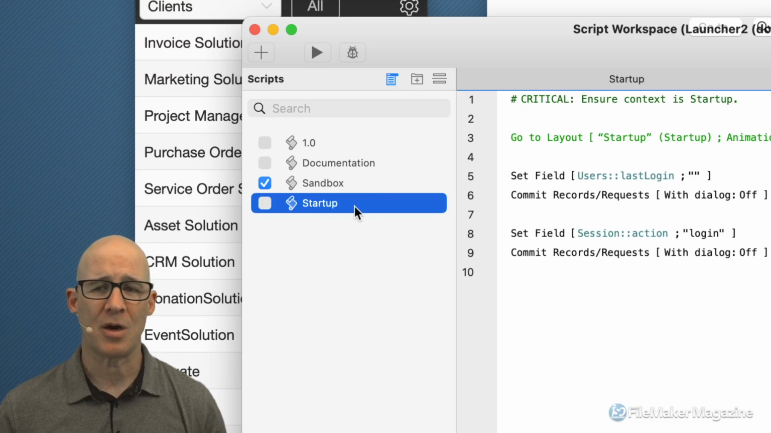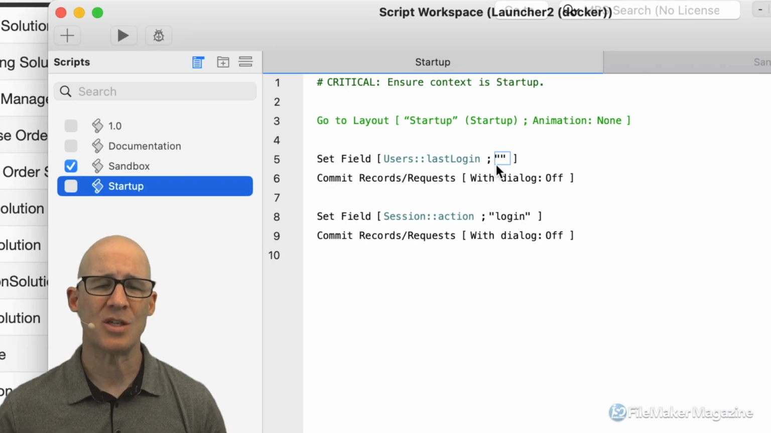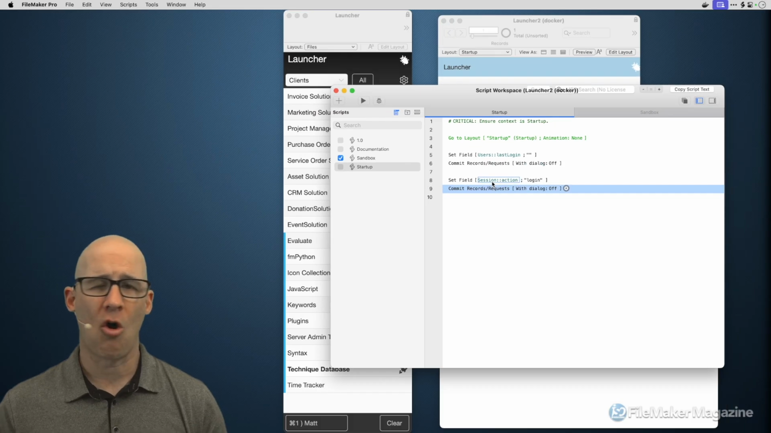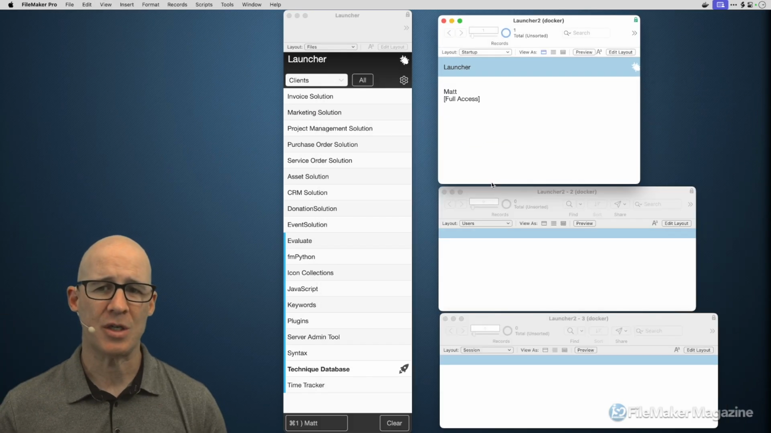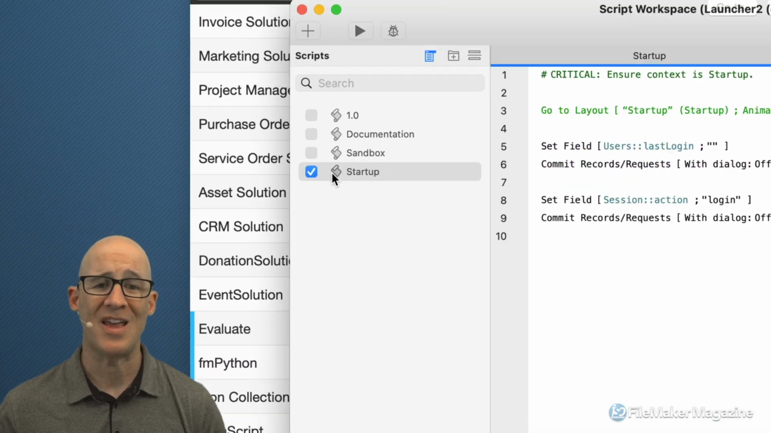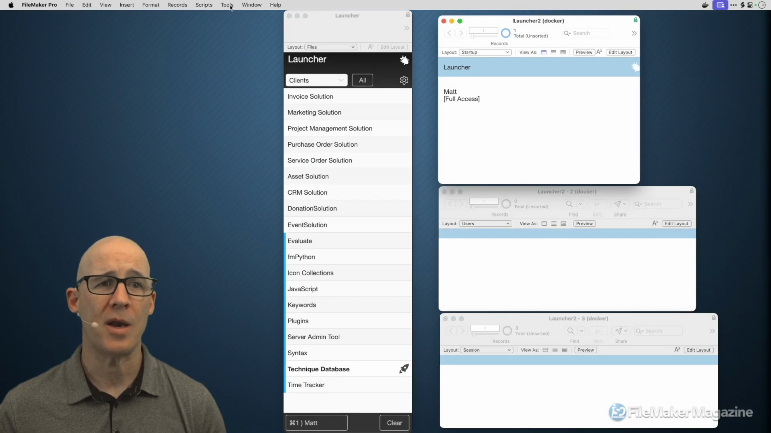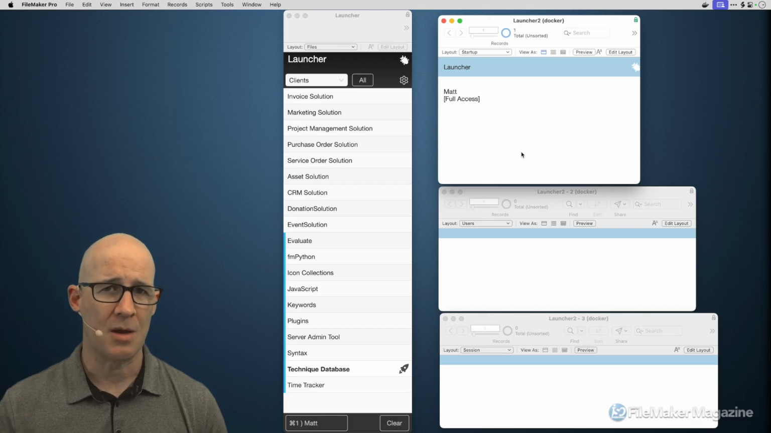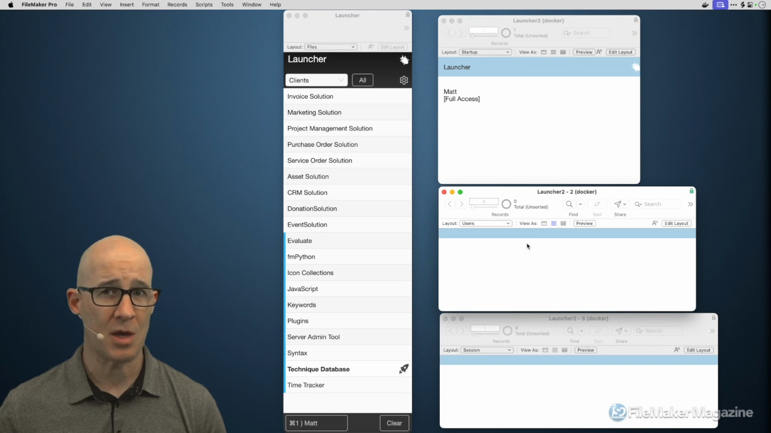But here we have a startup script. Now what we're going to see is this extremely simple script with this set field and a commit, and this set field and a commit is all that's required other than the relationships. Did I set that back on? Turn off the sandbox, turn on the startup. So it is now command 1 right there. It allows me to quickly test this. We can see that the first time a user logs in, the startup script is going to run, and what I expect is a user account to be created, and then each time the user logs in, a new session